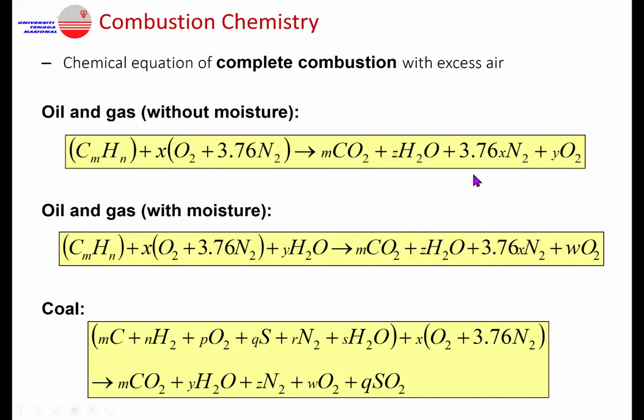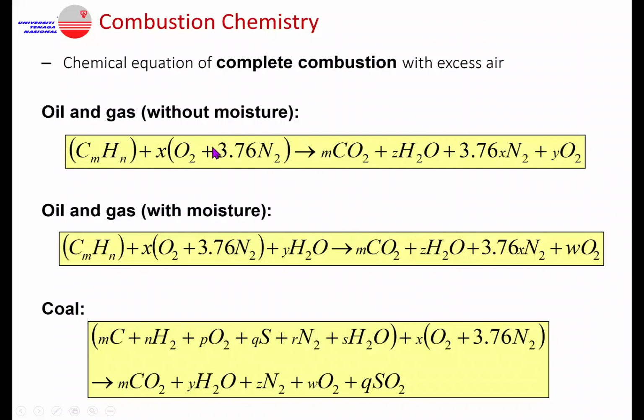Okay, and this example given here is with excess air, which means that we are supplying additional air. So when you supply excess air, the product of combustion will be: carbon becomes CO2, hydrogen becomes H2O, and nitrogen doesn't participate, it remains as nitrogen, and we have extra oxygen because you are supplying excess air. If you are talking about stoichiometric, then there is no oxygen on the right hand side of your equation.